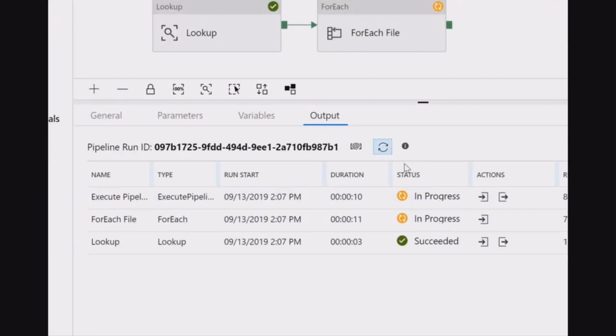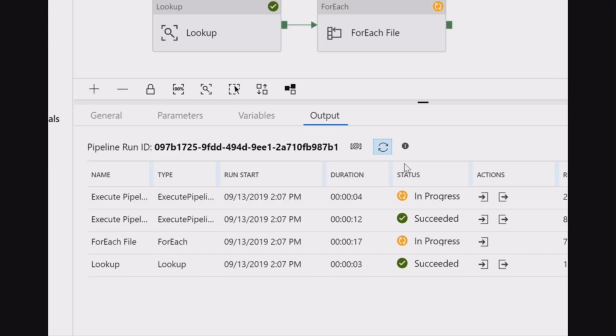So this is where you can test your runs, you can test your pipelines and see if everything is working before you go ahead and trigger it. If you use the copy data wizard, it's just going to go ahead and run it immediately. So now that's going to run. It's going to load all of those files for me and put that into the Azure Data Lake storage for me. And in just a few minutes, I have that ready to go for something else.